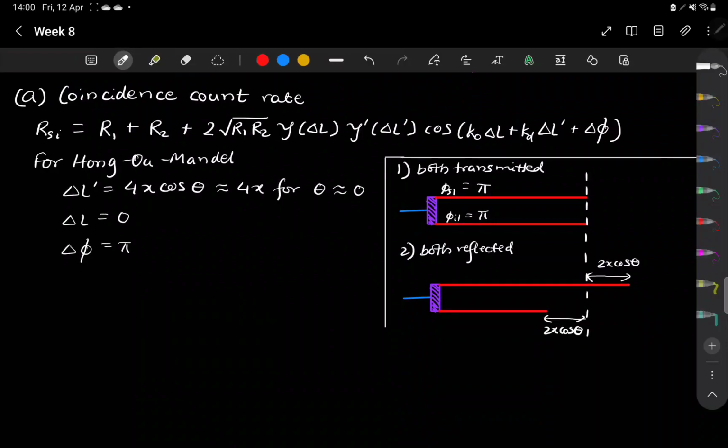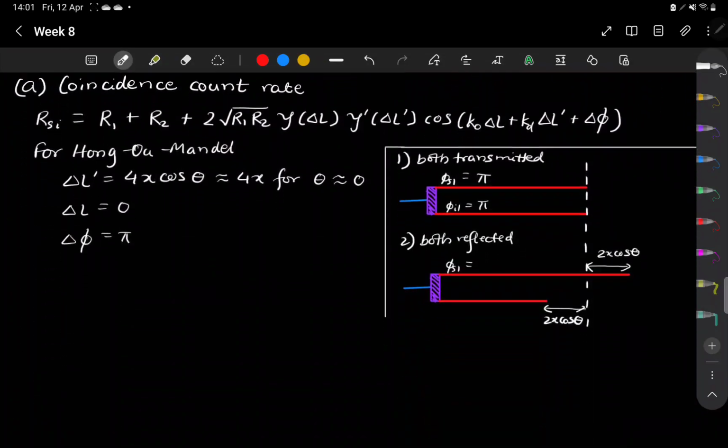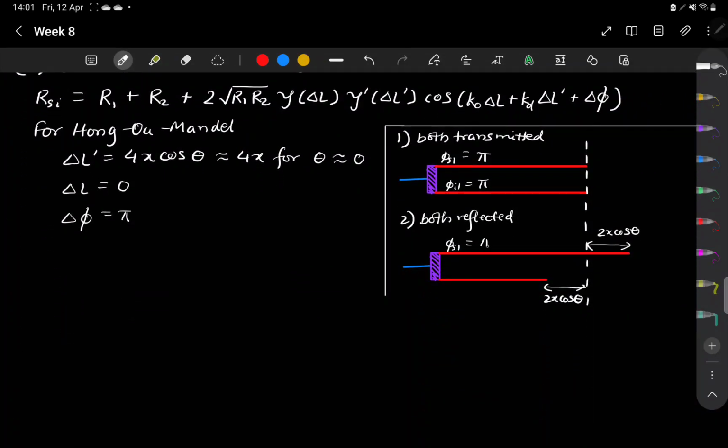So that's how we have drawn here signal increasing by 2x cos theta, then idler also decreasing by the same amount, 2x cos theta. And then the phases, there is one reflection from the mirror and one reflection from the beam splitter. So that is pi plus pi by 2